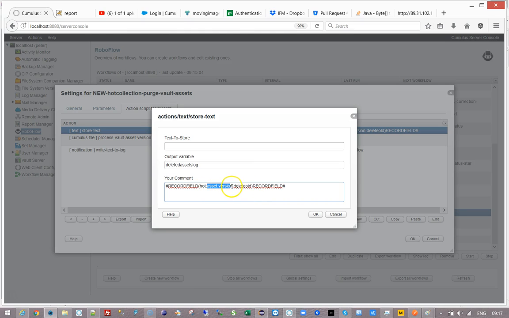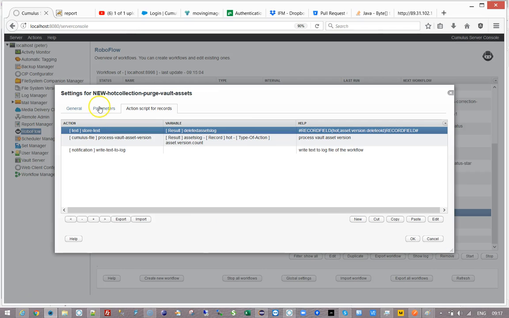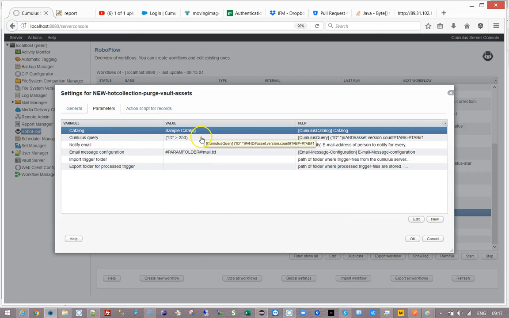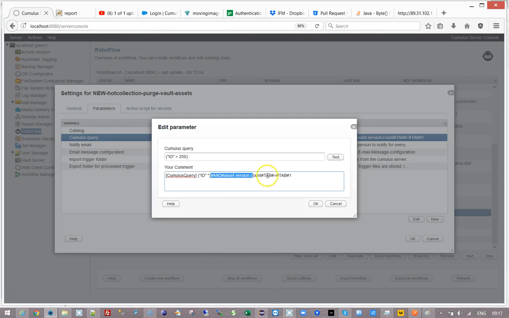And this syntax version has multiple options: delete old, it has count, etc. Well, this combined with the fact that Roboflow has an additional syntax possibility in the query, which is not supported by the Cumulus client, only by Roboflow, you can have an additional field value picked up, which is a Roboflow field value that only exists there, and do an additional